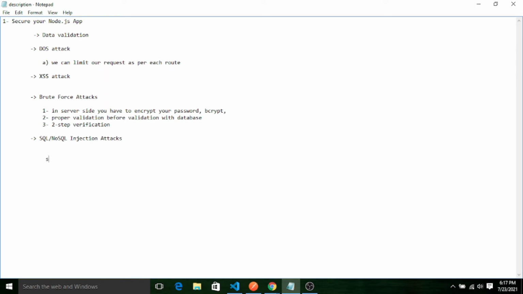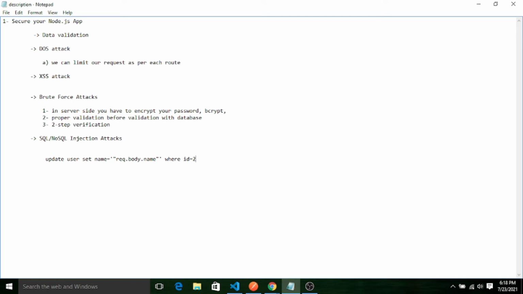Let's say I have one query: update user set name equals request dot body dot name where id equals 2.